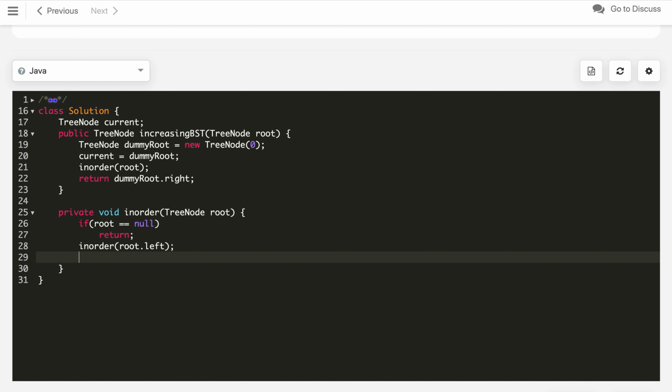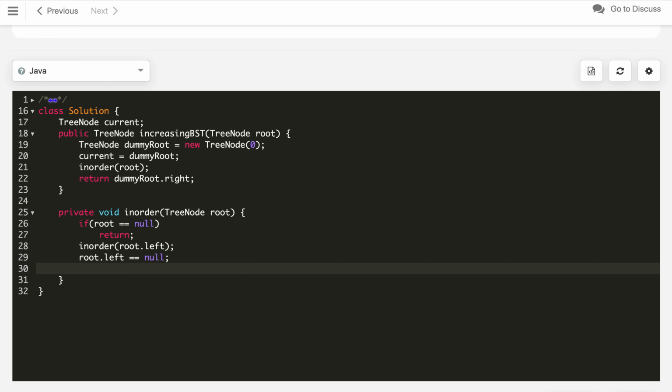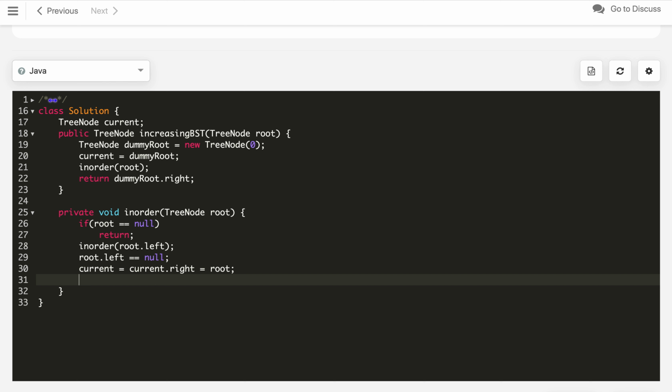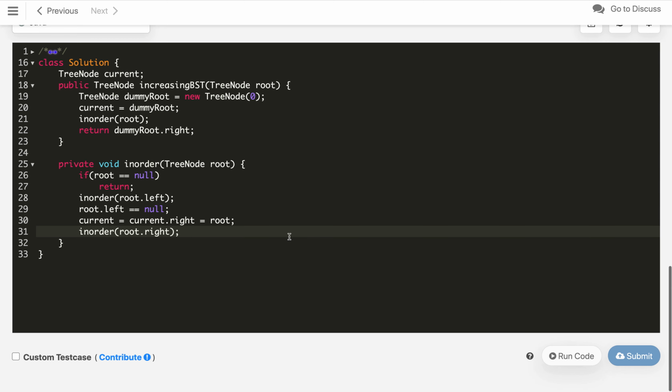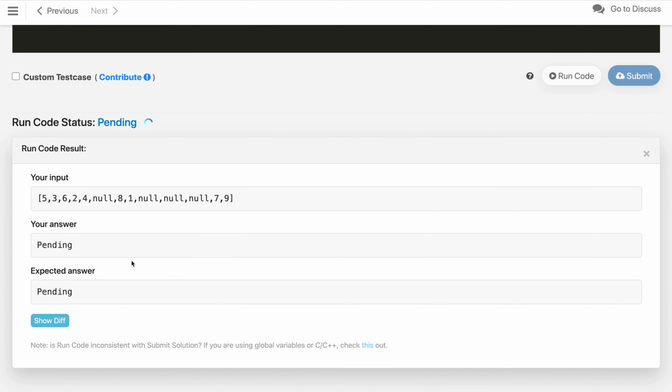Then we update root dot left of the leaf node to null when we reach it, then we will update current dot right equals to the new node root, and current equals to current dot right. That's it. Now we will call inorder root dot right. So let's try to compile this code first and see if it is working.